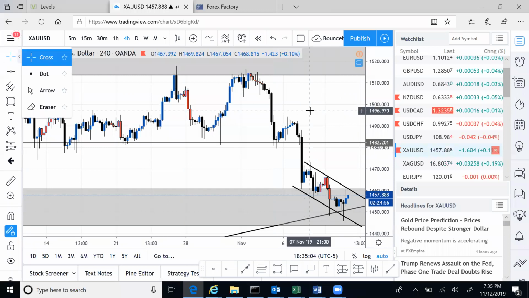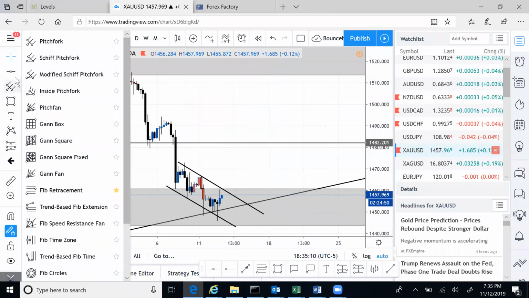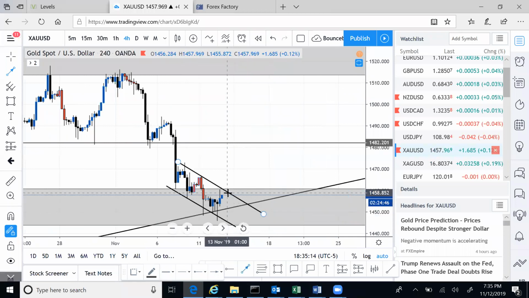So same thing here now. We have a falling wedge. So this is why I'm looking for gold to buy, right? So what are we looking for? So for the conservative people, because I need to bear you in mind, conservative means that you are a beginner. So beginners should be conservative traders, right? Means that you like to play it safe. You're not going to be aggressive and jump in the market.